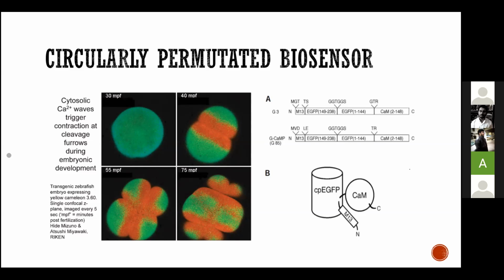So if this were a simple EGFP strip, it would have gone from 1 up to 238. But what we do is we cut it at 144, and maybe they have cut a little more in the middle, and the position 149, they have permuted and again. Okay, so